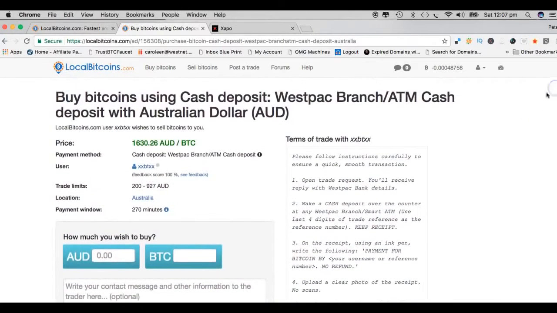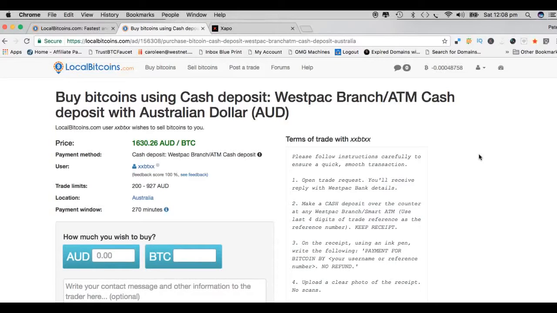That's where you find that information anyway. So once you've decided on that, you simply fill in these particular fields here, how much you want to buy. You put in the dollar amount or the peso amount or the yen amount or wherever you happen to be. That's where you enter that information. It will then convert that to how many Bitcoins you're going to get, and you follow this process, and that will